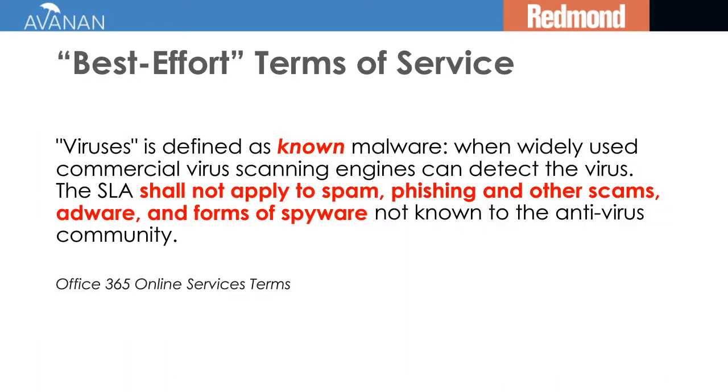The first thing that we have to do is realize that Microsoft is a services company, not a security company. It's in the business of providing you Office apps that your users need to make your business run. That's the primary responsibility and what most of the service level agreement is about. When it comes to security, you have to realize that it's not Microsoft's core business, and its SLA makes that clear.